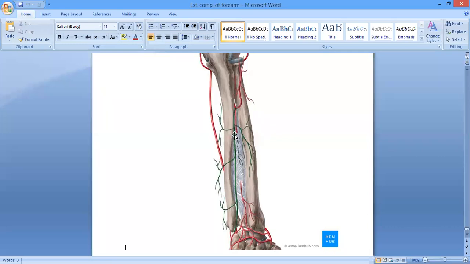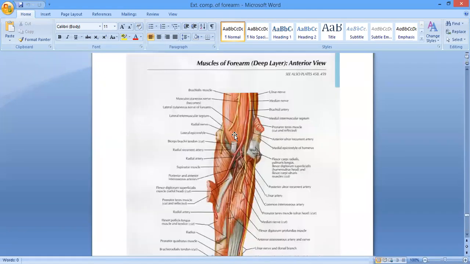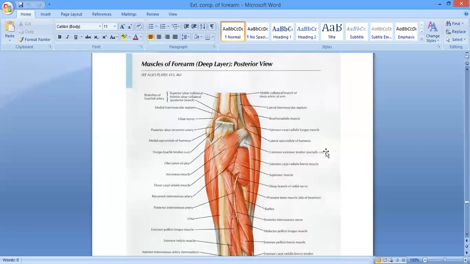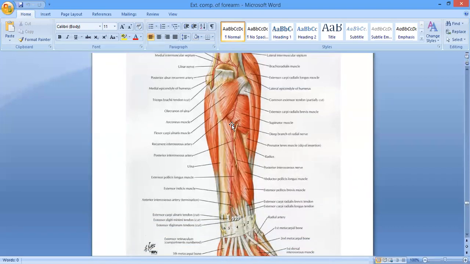Okay? In this posterior interosseous artery, just let me show you. It is going to appear on the posterior aspect of the forearm between the supinator muscle, you can see it's appearing over here, between the supinator and the abductor pollicis longus. इन दोनों के दरमियान में से आ रही है, ठीक है? It is entering the posterior compartment by passing between the supinator muscle and the abductor pollicis longus. And over here, it is going to give this branch, the interosseous recurrent artery, which is a branch of the posterior interosseous artery, right?